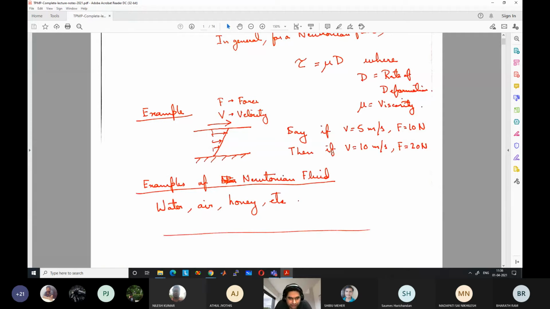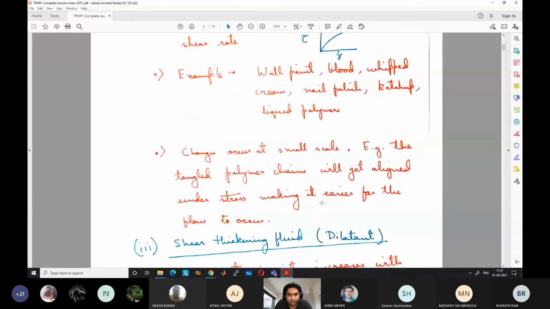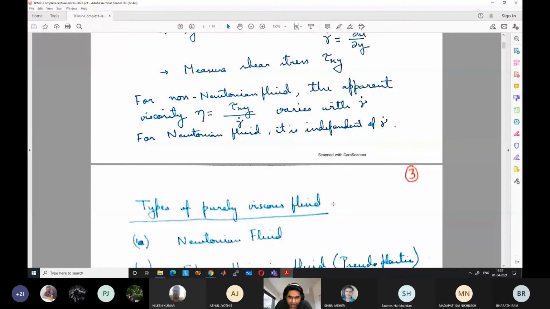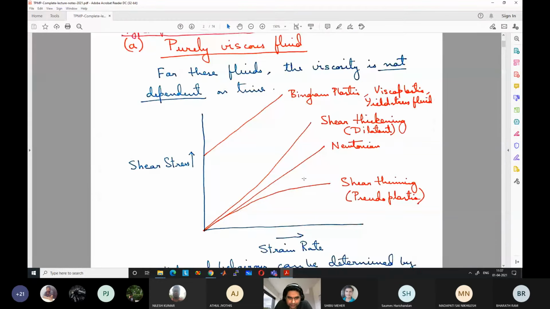I will come into more descriptions of this, what is the shear thinning fluid, what are the examples. But just first take a look at the graph. Okay, so what happens? Initially you have a certain slope, but the slope keeps on decreasing. So at higher strain rate, the slope is lower. It means that the stress is increasing at a rate which is less than a linear rate, as proportional to strain rate. The opposite type of behavior, where the stress increases at a rate higher than linear rate, is known as a shear thickening fluid.